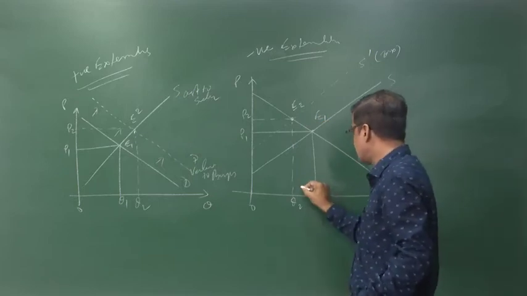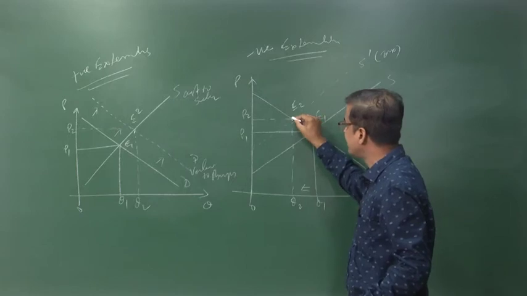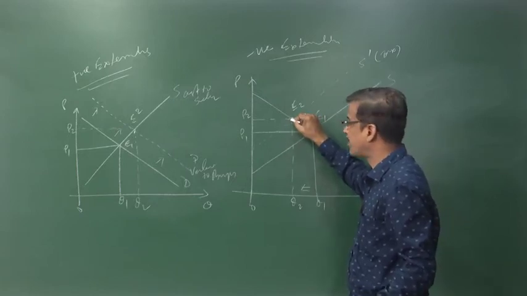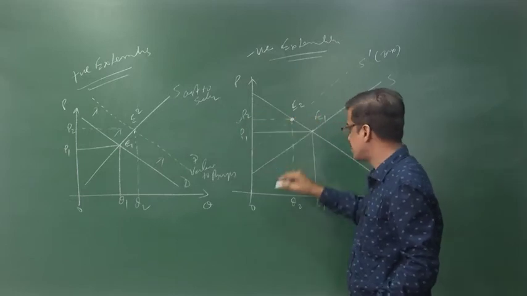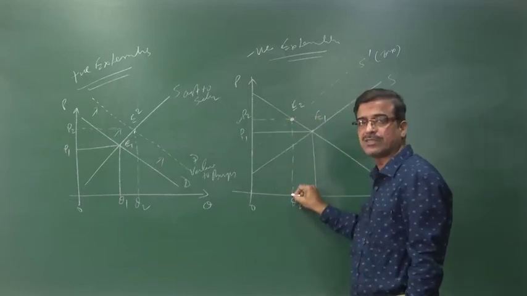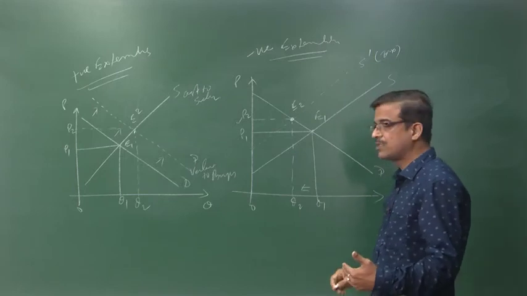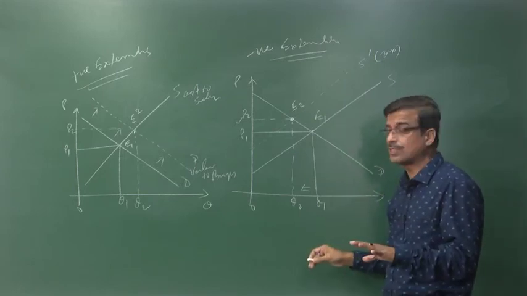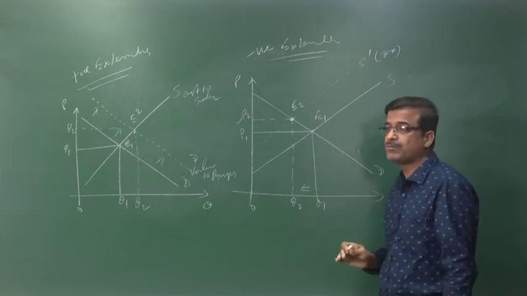So what you find, the supply reduces and ultimately you have to find the point of the equilibrium, you have to set the price at this level and the quantity supplied reduces. Why is the supply restricted? Because you have to minimize the negative externalities. You have to minimize the negative externalities, so the government must impose the tax.